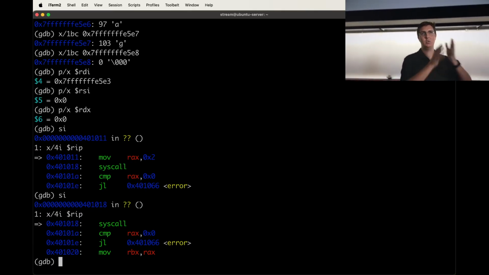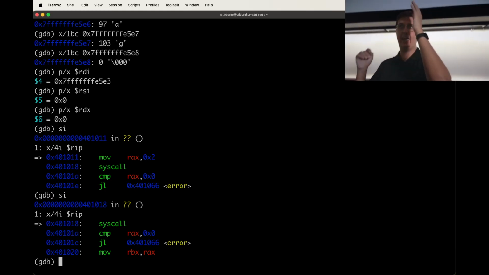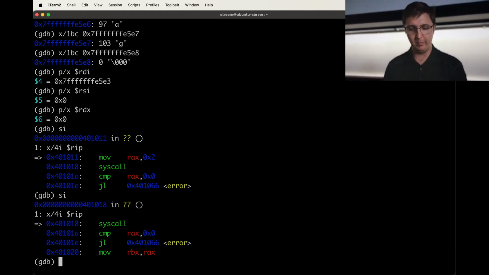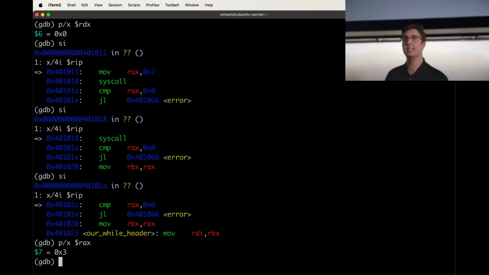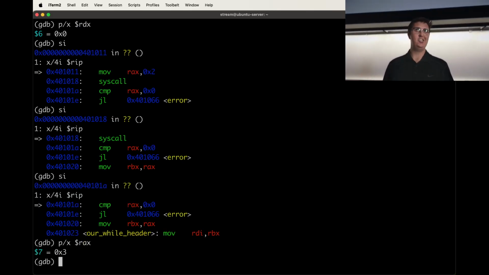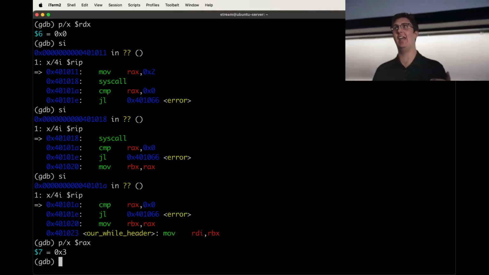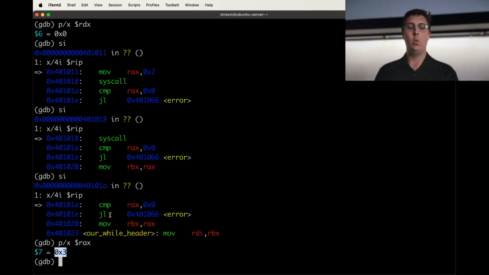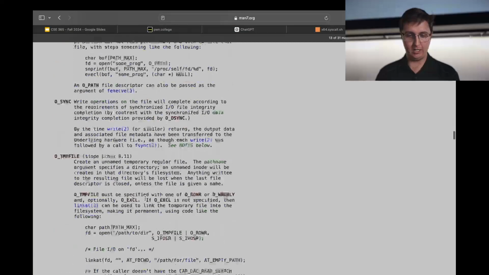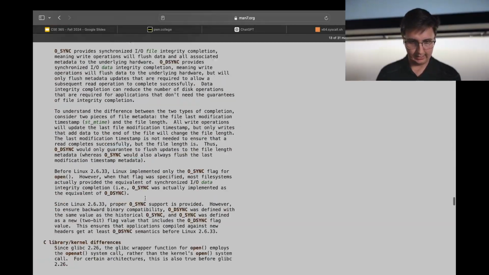We set up RAX, which is selecting our syscall. We set up RDI, RSI, RDX, which are our arguments. And the result comes back in RAX. It returned 3. You might be thinking, why 3? Well, first thing you should be thinking is it's not a negative number, which is very cool. That means it didn't error. Why 3? Well, because as open talks about in here,